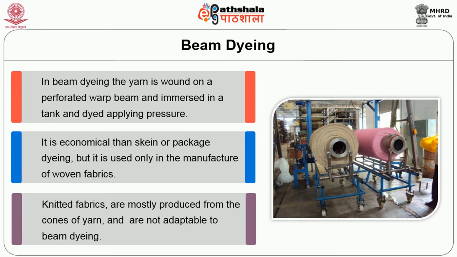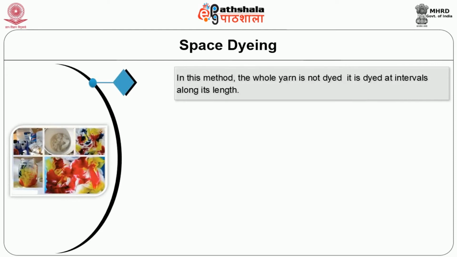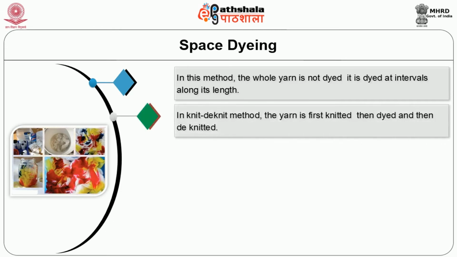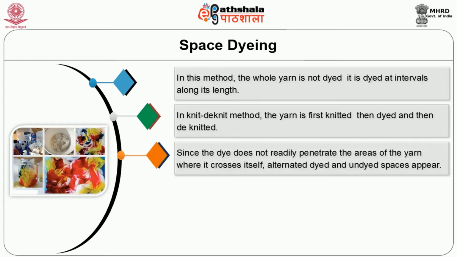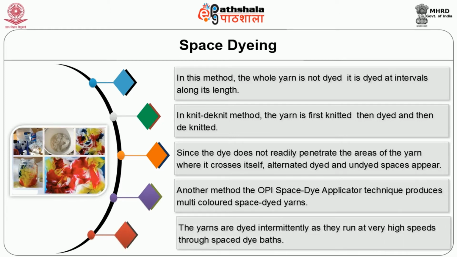Space dyeing: in this method, the whole yarn is not dyed. It's dyed at intervals along its length. In the knit-deknit method, the yarn is first knitted, then dyed and then deknitted. Since the dye does not readily penetrate the areas of the yarn where it crosses itself, alternating dyed and undyed spaces appear. Another method, the OPI space dye applicator technique, produces multicolored space dyed yarns. The yarns are dyed intermittently as they run at very high speeds through